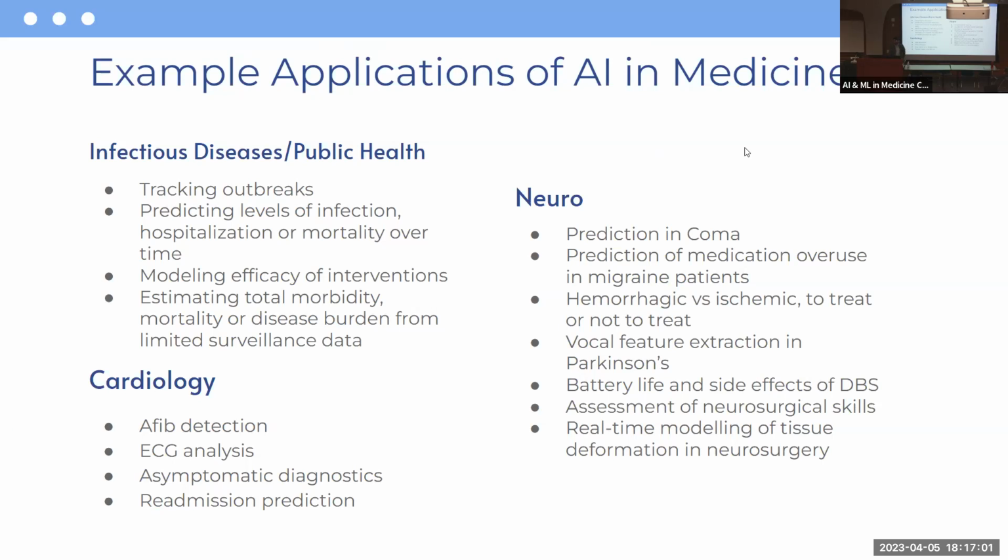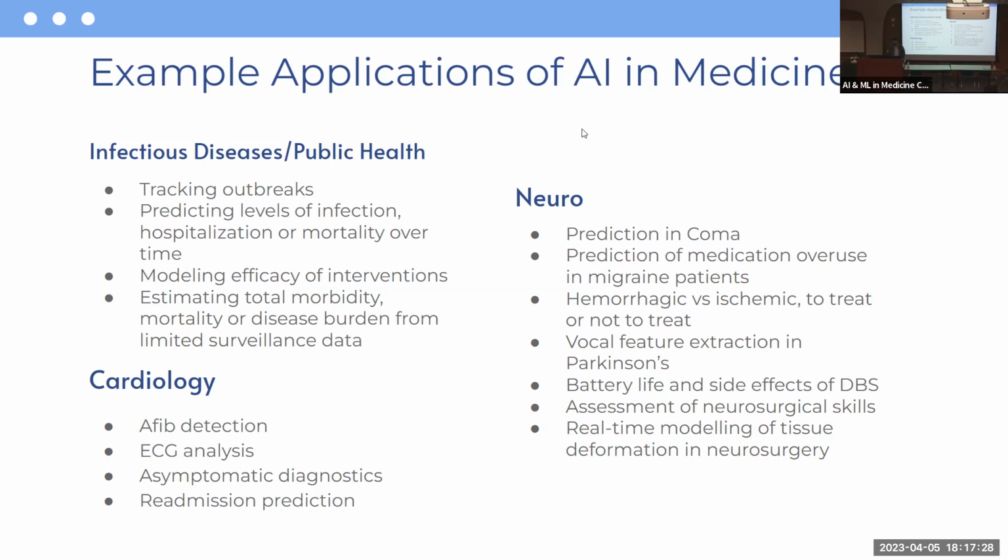So Dr. Richard told you about infectious disease public health. So some of the stuff that he was talking about was actually used during COVID. So looking at tracking outbreaks, predicting levels of infections, modeling efficacy of certain interventions, and estimating total morbidity from limited surveillance data. Shane told you about neuro stuff, so prediction in coma,